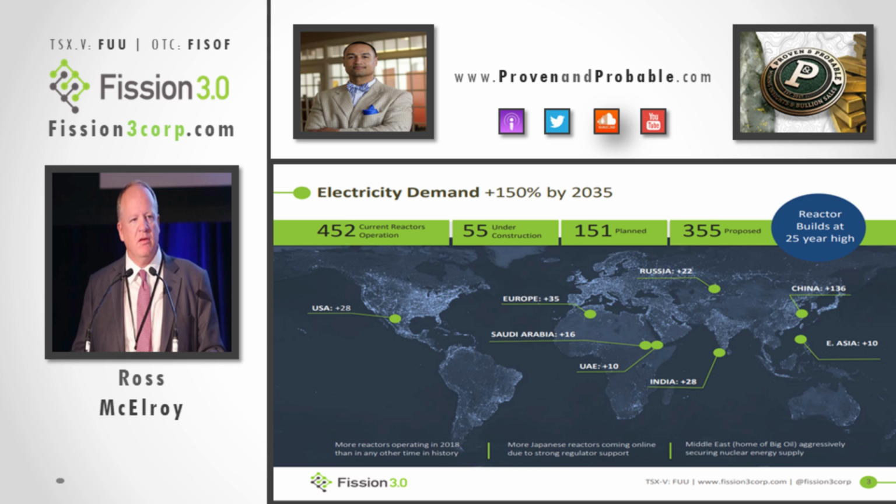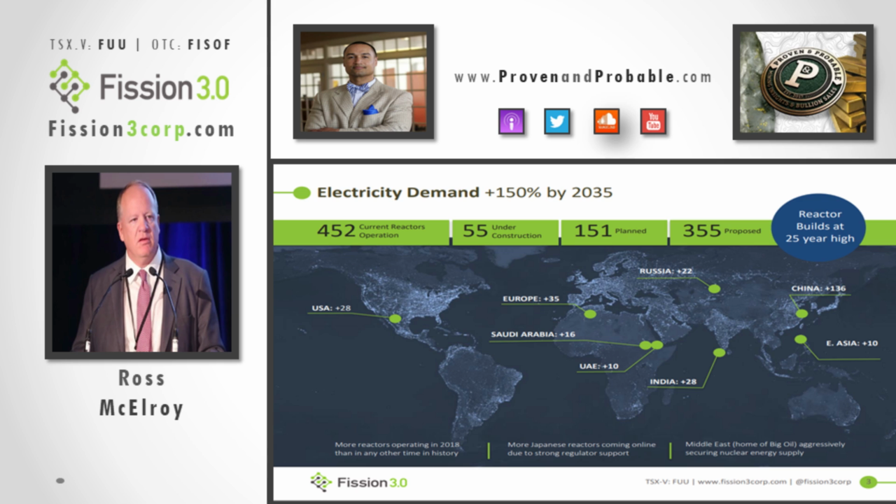In 2011, of course, we had the magnitude 9 earthquake followed by a tsunami, and this is what damaged the Fukushima facility. Interestingly enough, even with that magnitude of an earthquake and the soon to follow tsunami, the reactor still did not breach. The housing that surrounded the reactor was damaged, and this is where some of the radiation leaks came from. But the reactor itself actually held, and so the damage was very limited and manageable. But what happened is overnight, Japan shut down all of its nuclear reactors.